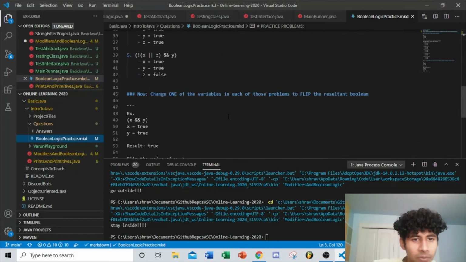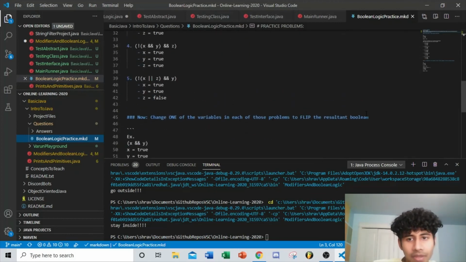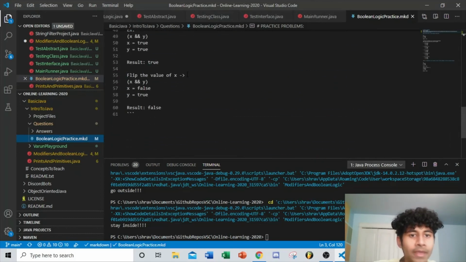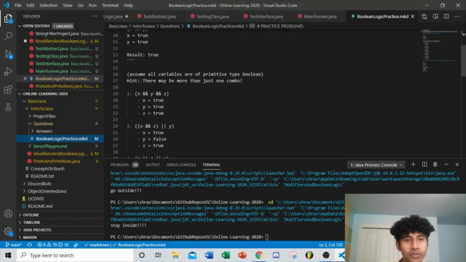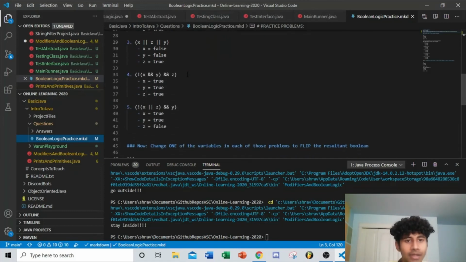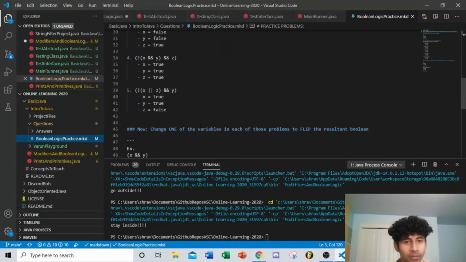You can see them here as well, and then there's this little thing at the bottom that tells you to check all of them and do a little change for each of them. And at the end you should have two things. 5 answers which are either true or false, and then another 5 answers that tell me which variable I should switch to flip the ultimate result of the Boolean expression. It's all in there. I'd go check that out right now, pause the video, solve those problems, and then when you want to,